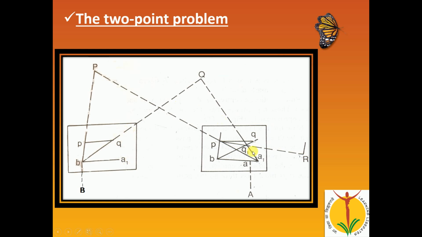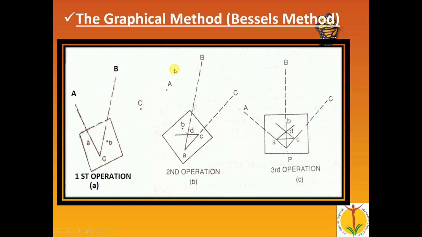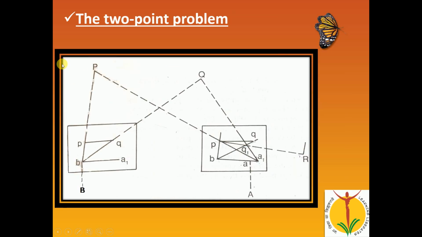Sorry, we have two ranging rods here, point P and point Q. Two ranging rods were placed, and the positions of points P and Q are exactly known on the drawing sheet. So with the help of these 2 points, we are going to find the missing point here. Points P and Q are known exactly on the drawing sheet, and somewhere here we have to find the missing point